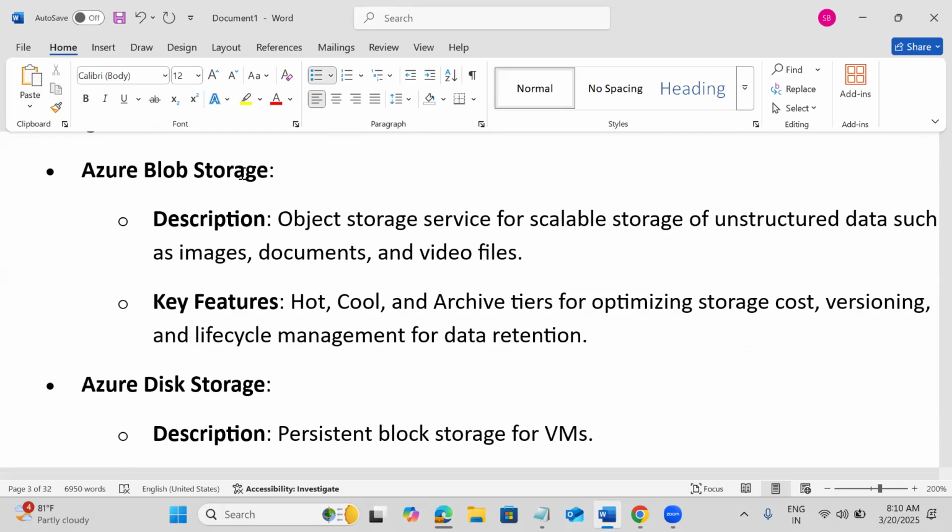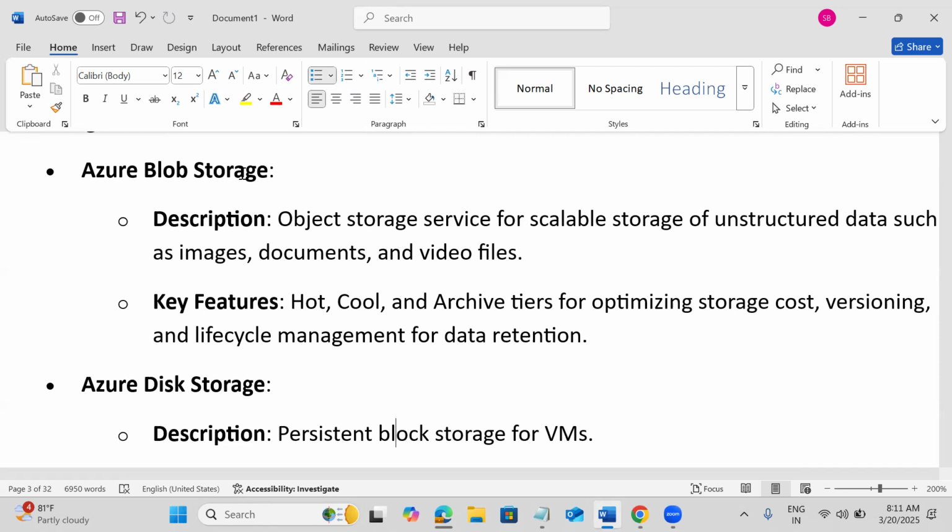Mostly we are going to store unstructured kind of data. That may be media content, or maybe files like CSV, or we can store documents, logs also we can store. All these we are going to store in Blob Storage.